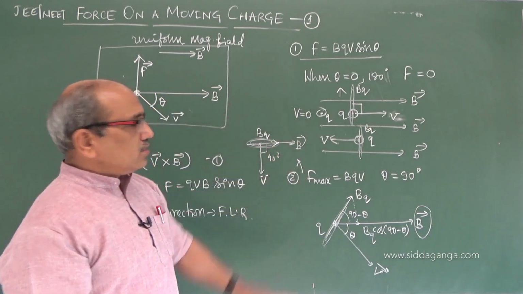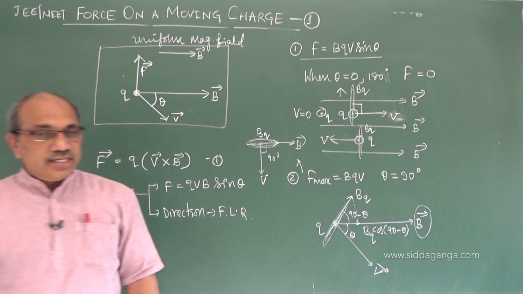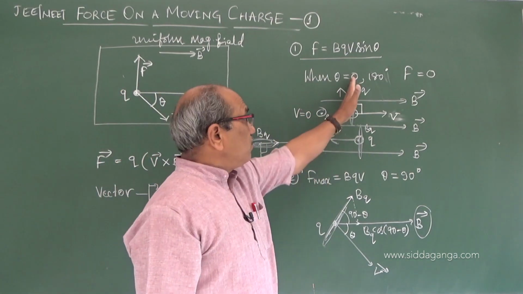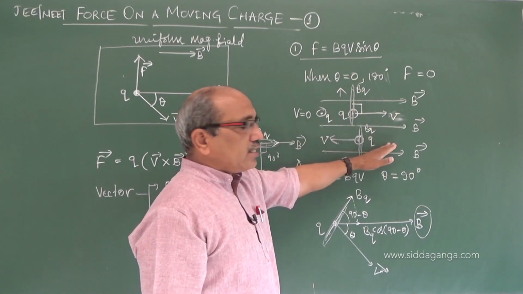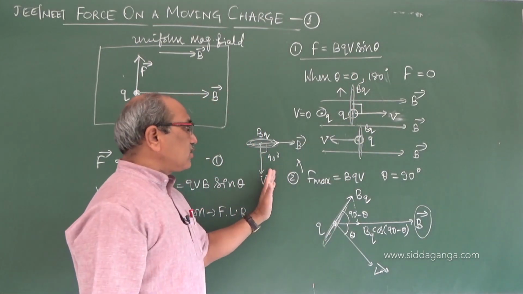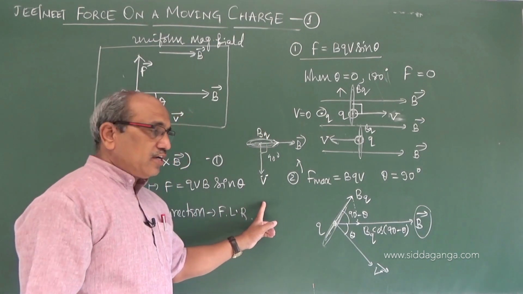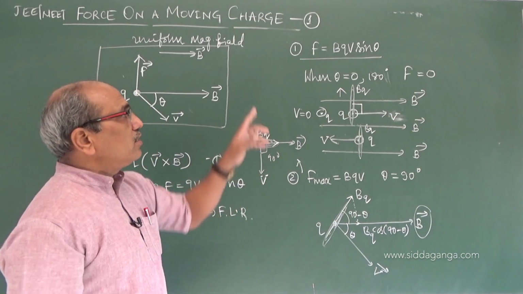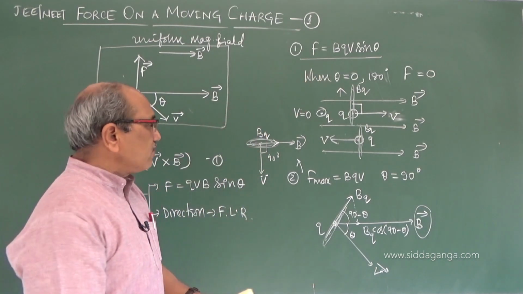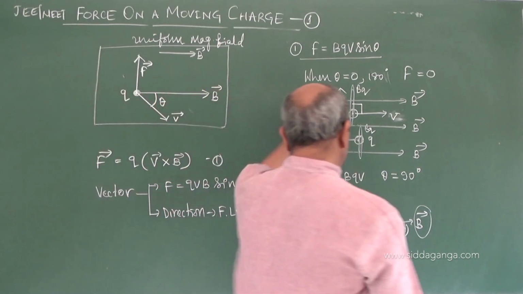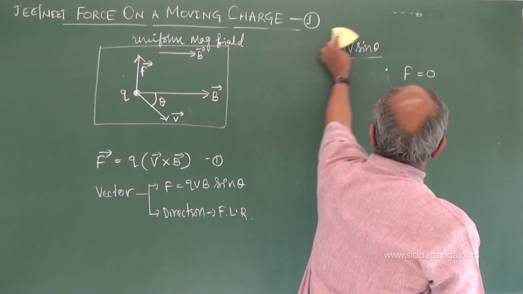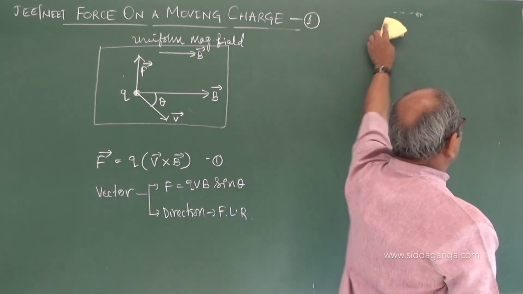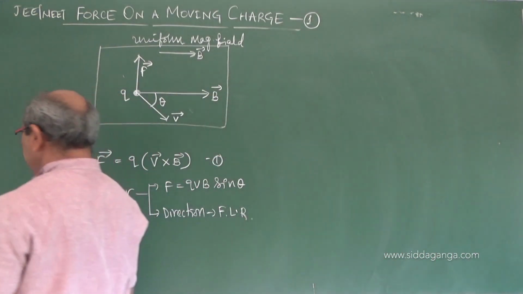So, as I told you in the different cases, when the charge is at rest or moving parallel, the field produced by the charge will have no interaction, so no force. Maximum interaction occurs when it is perpendicular to the field. In other cases, depending on the interaction, a different magnitude of force appears. I hope you have understood the reason. The interaction of the field of the charge with the existing field causes the force to appear on the moving charge in the magnetic field.